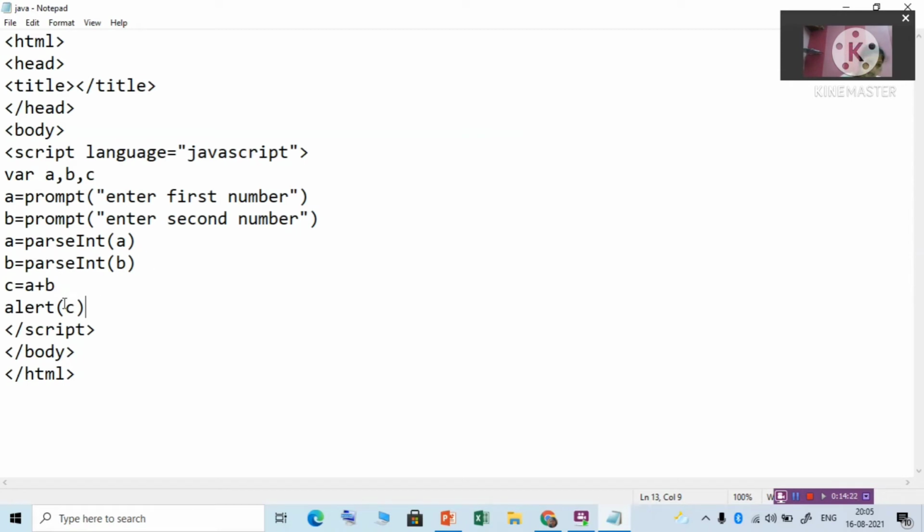So here we can do, c is an integer now. We will convert this to a string. So for that, we'll write c dot toString, means variable name along with the function toString.